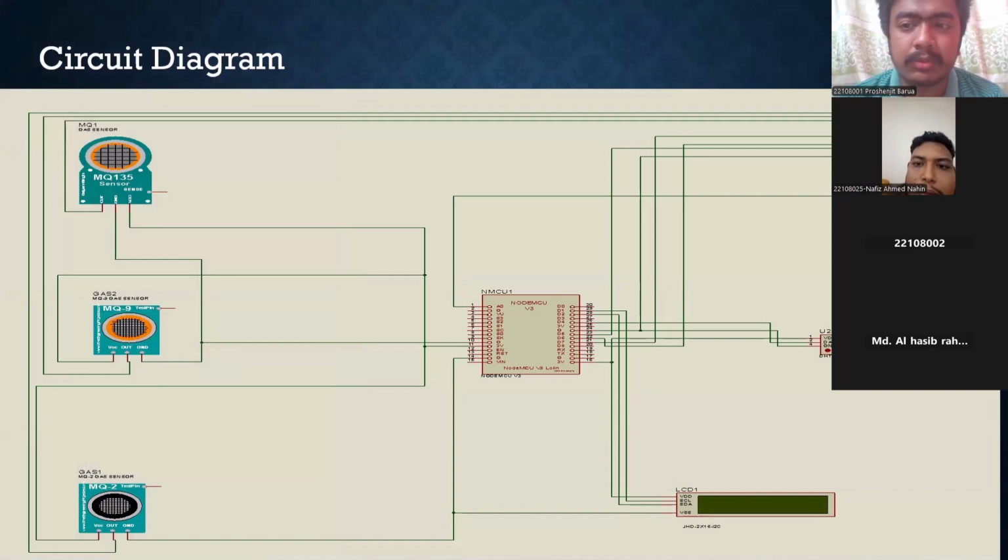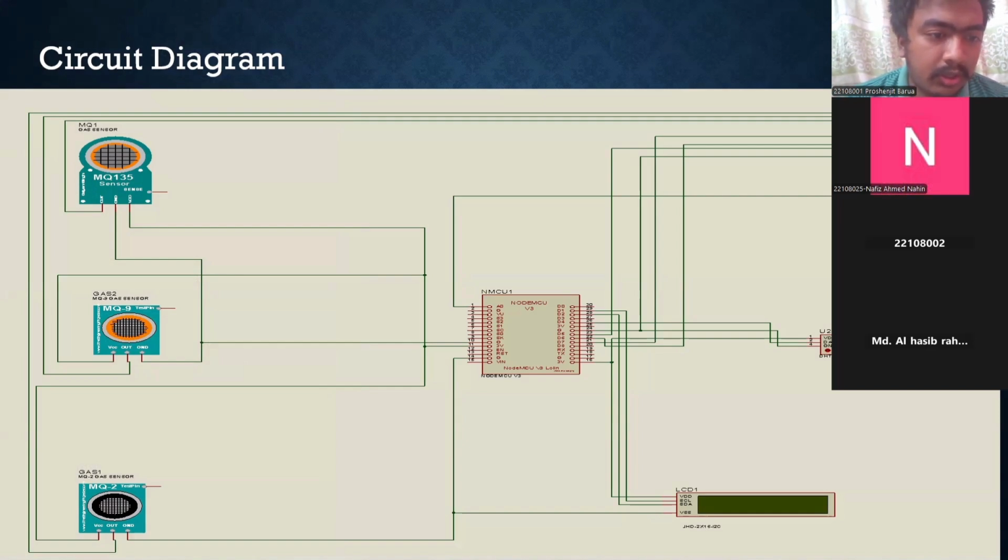Here my name is Prosenjit Boro. My ID is 22108001. Here we see the circuit diagram. First of all, we use three gas sensors, MQ2, MQ9 and MQ135. There are three pins in a gas sensor. The GND pin is connected to the ground of NodeMCU 8266. The VCC pin is connected to the 3V pin of NodeMCU, and the sensor output is connected to the multiplexer CD4051, and its selection pins are connected to the NodeMCU D5, D6, D7